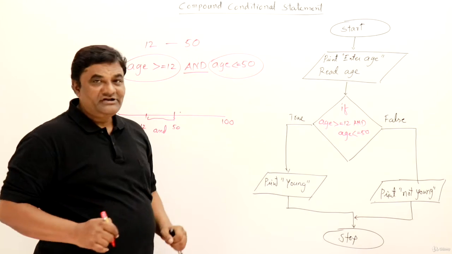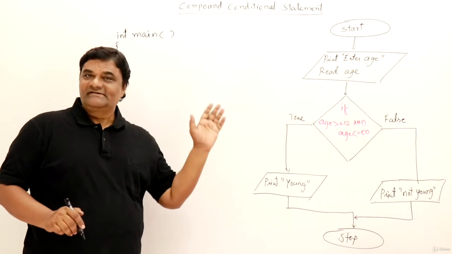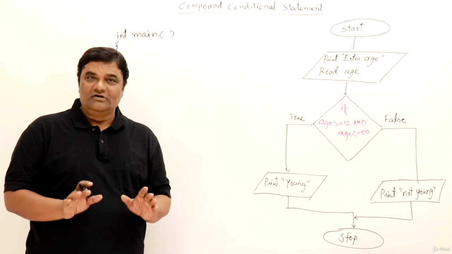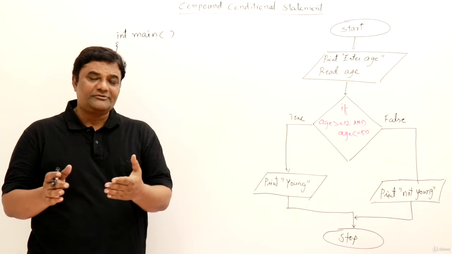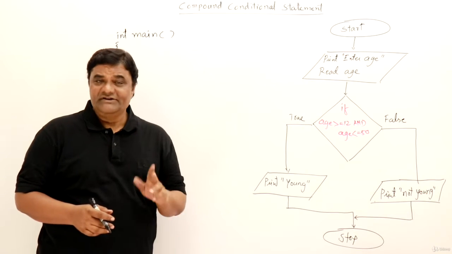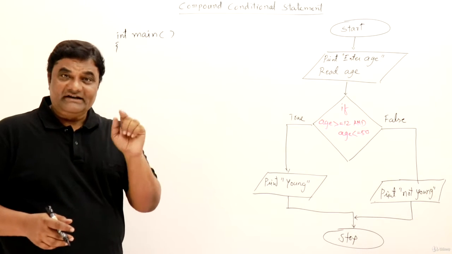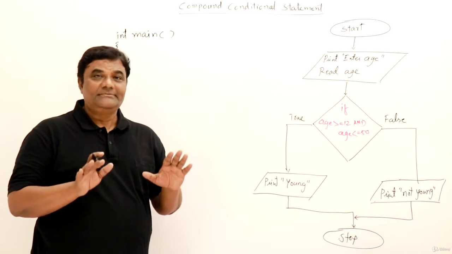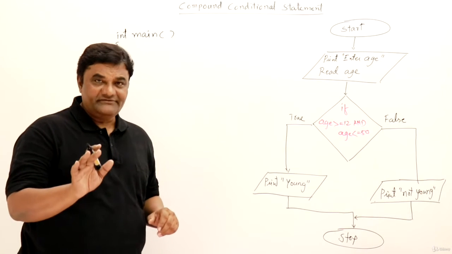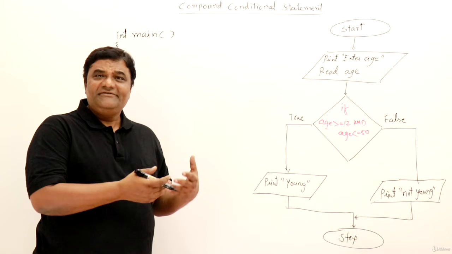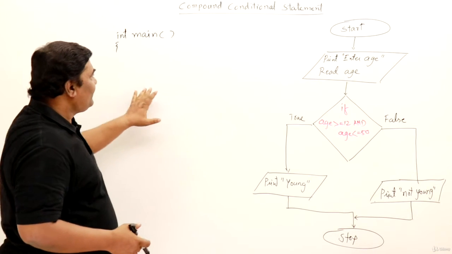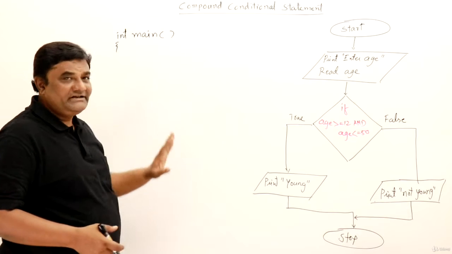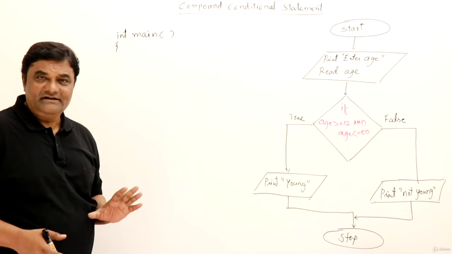So this is the flow chart. Now looking at the flow chart, I will write the program. I am not showing you an algorithm now. You can write the algorithm yourself; I have shown you a few algorithms, so you can follow the same procedure and write algorithms if it is required in your academics. Now I guess you are in a position to write algorithms by yourself. It is nothing but a simple language used for writing a program, right? Now let us write a program. For the program, I am not writing hash include and all those things. It is understood, it is there, right?